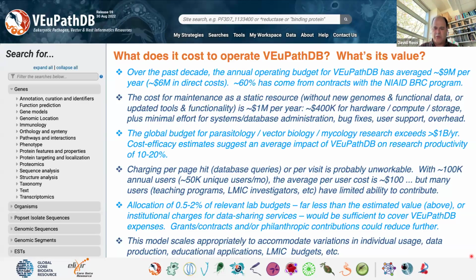And I do want to reiterate that we do not view any providers of bioinformatics resources as competitors, we are all in the same boat. Indeed, part of the reason why it took us so long to, why there was such a panic at the last moment to keep VEuPathDB up and running is that